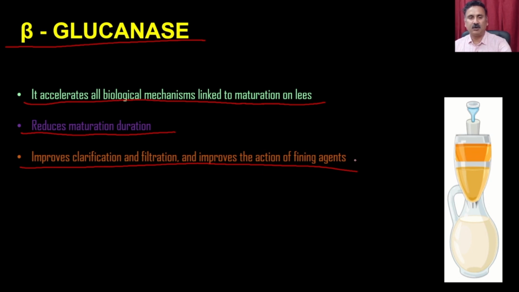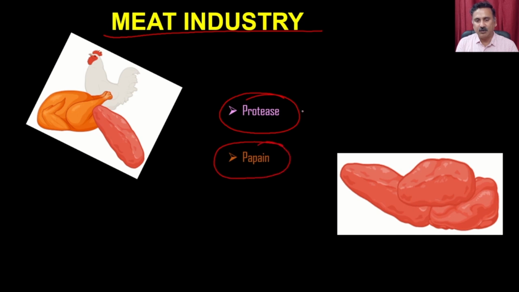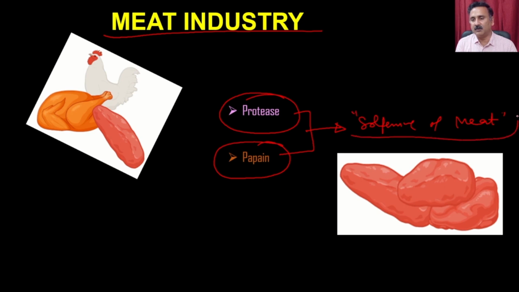Now let's move on to the next industry, which is called the meat industry. The meat industry is where you are going to get chicken meat or beef. The enzymes you are going to use are proteases and papain. Both of these enzymes are used for the softening of the meat. Right? Because it is going to make the meat a little more soft so that it will be easy to